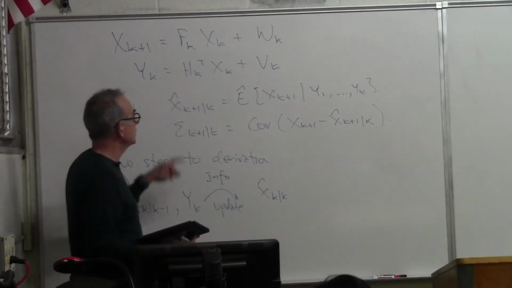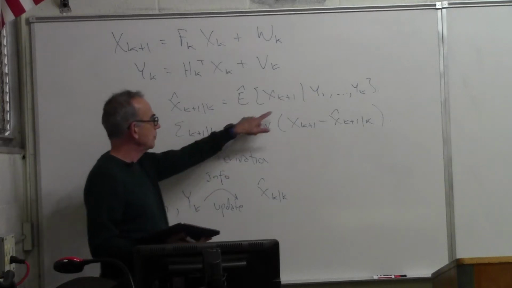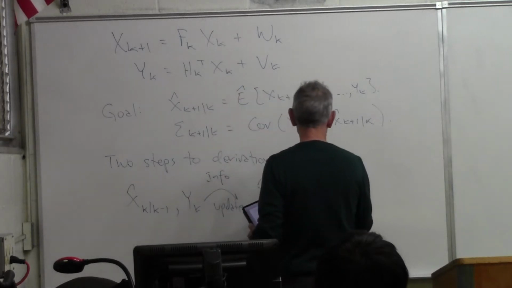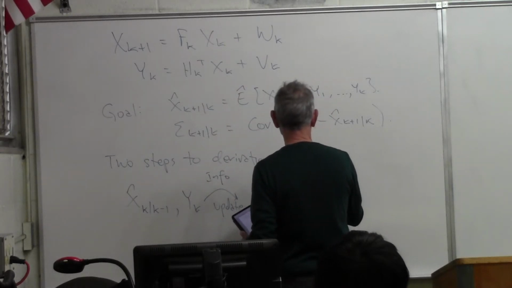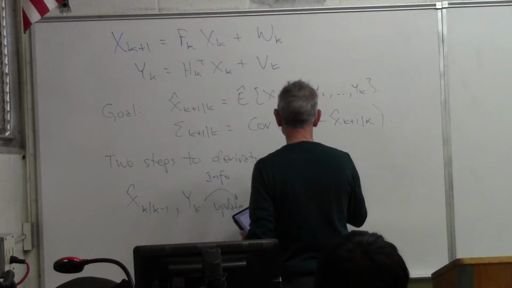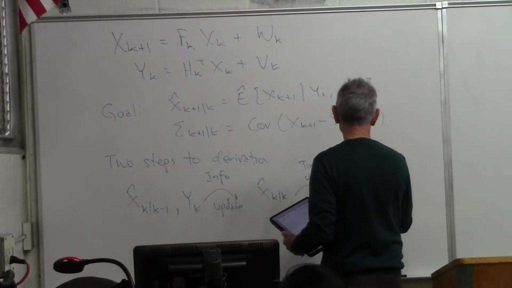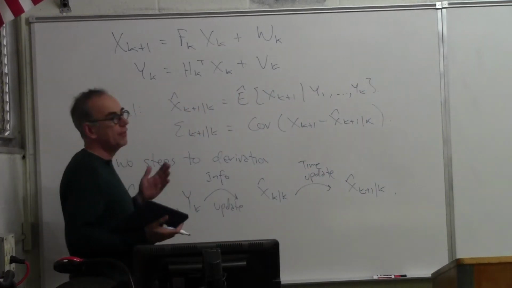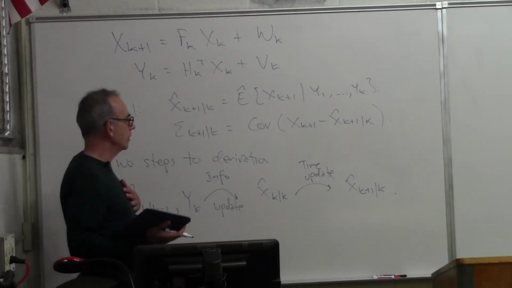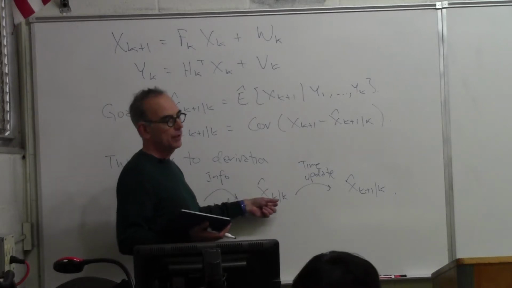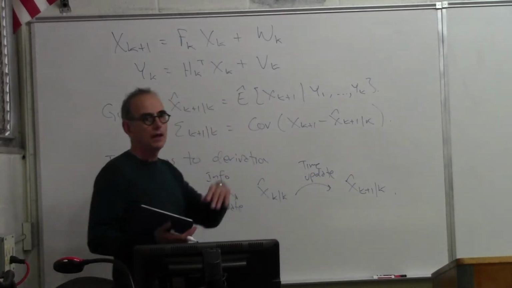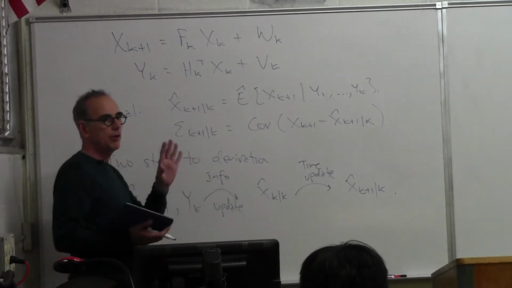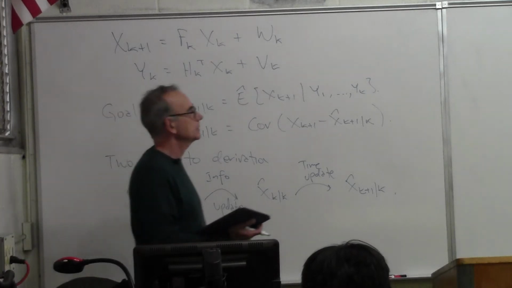So the same definition, except instead of k plus 1, here we have k. And then there's a time update. And both of these are pretty easy based on what we've done so far. I explained last time that this is trivial once you know this in one line. I'll remind you of that in a bit. And going from this to this involves an innovations business. Okay, so let's just look at that.